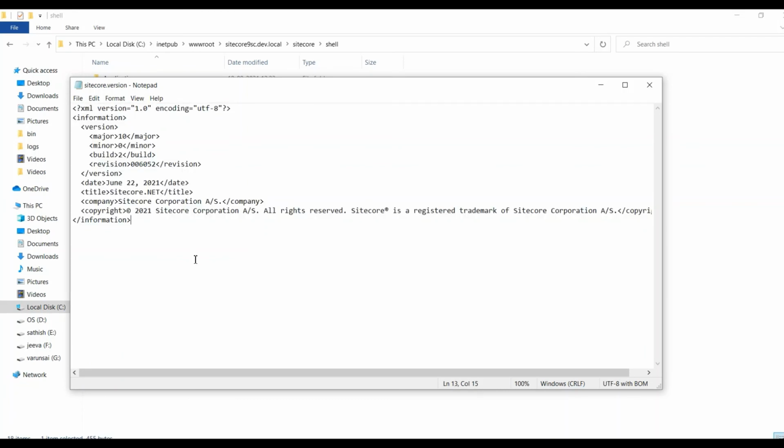Similarly, you can update from 9 to 10 using this Update Center. I only have Sitecore 10, so I showed this one. This is a wonderful feature available in Sitecore. Apart from this, you can also install other packages and modules manually, like the library for form or rewrite form, using this Update Center. That's it.